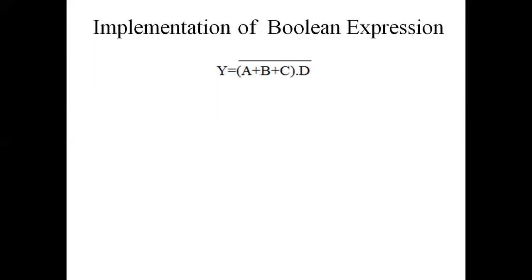So up till now we have seen the implementation of the gate. Now we will see the implementation of a Boolean expression by CMOS. Suppose we consider an example given by (A + B + C) dot D. So how to implement this equation? The ORing action is present for the inputs A, B, C and the ANDing action is present for the input D. So for the first three inputs, ORing action, we are going to connect the NMOSes in which combination?